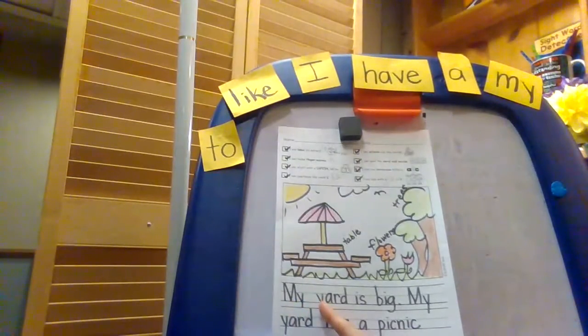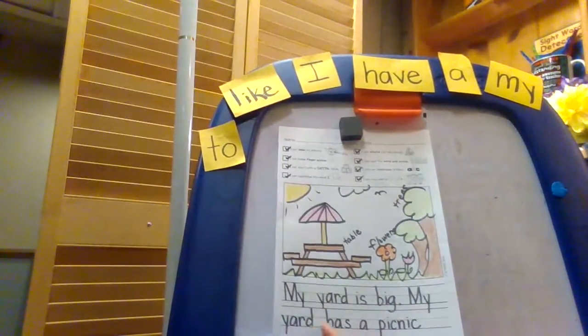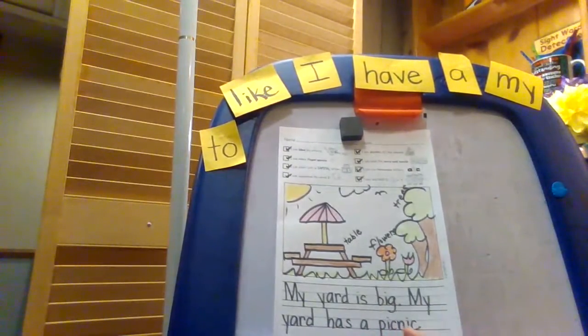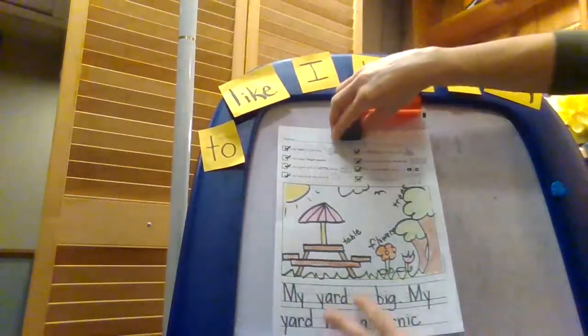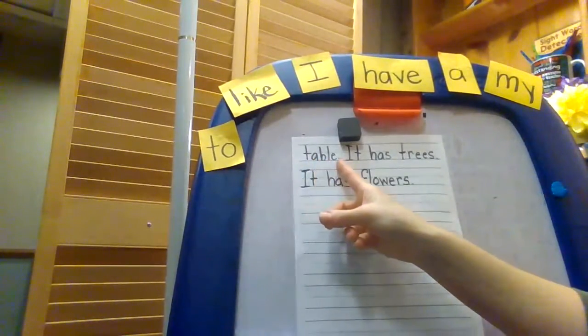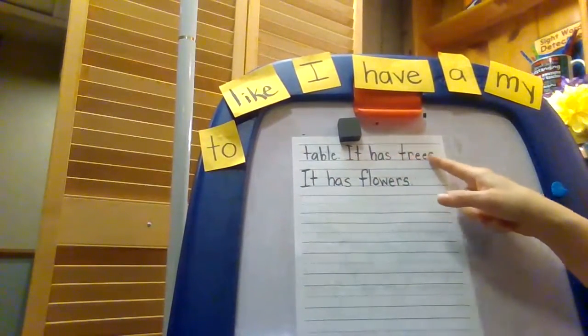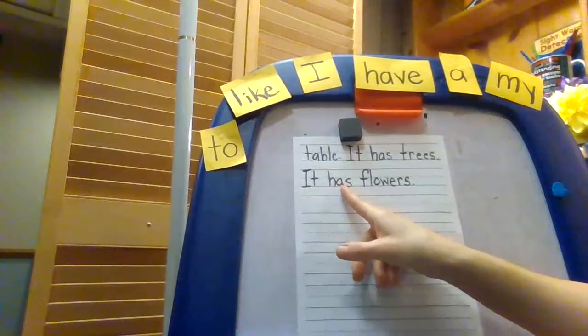My yard is big. My yard has a picnic table. It has trees. It has